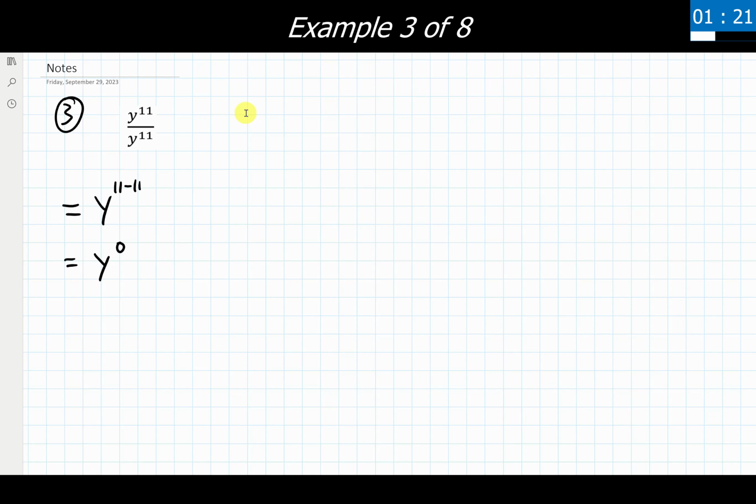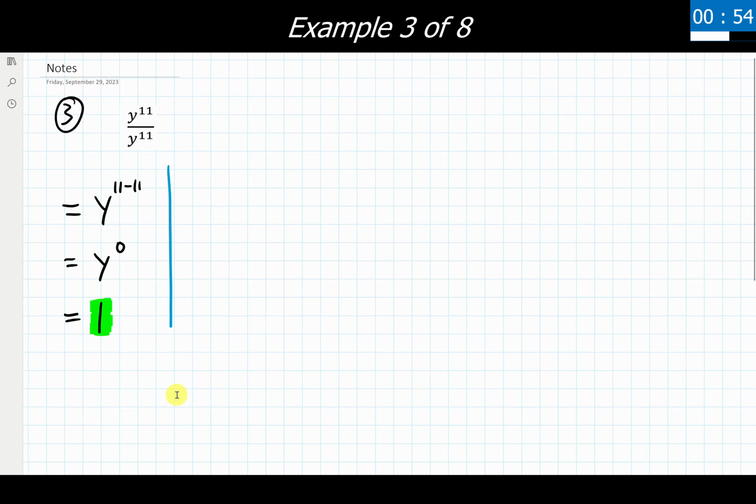And as we have with our previously established rules, any non-zero base raised to the 0 power is going to give us an answer of 1. So this thing ends up being 1 for final answer. Now, again, you're still looking at this thinking, well, okay, something to the 0 power is 1. That still seems weird. I'm not exactly sure how. Let's take a look at it a slightly different way and see if this might help.